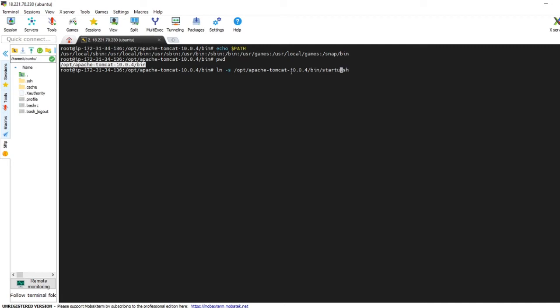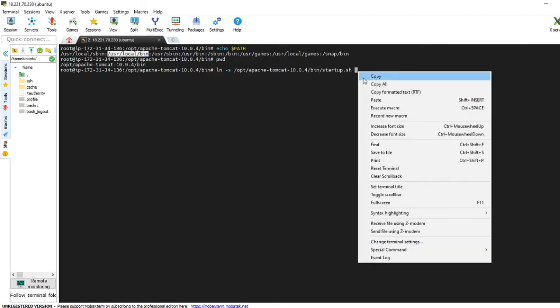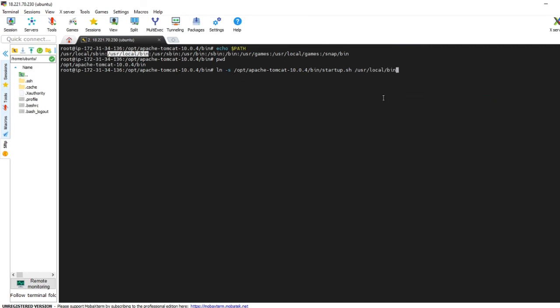Startup, and then the /usr/local/bin location, copy, paste, and then our folder in which our files will be designed. Tomcat up. So we are naming it tomcatup.